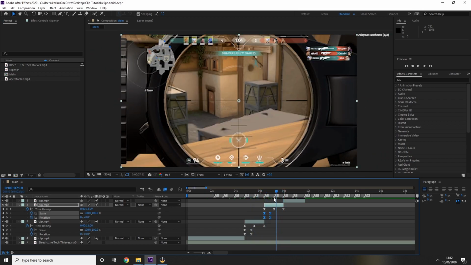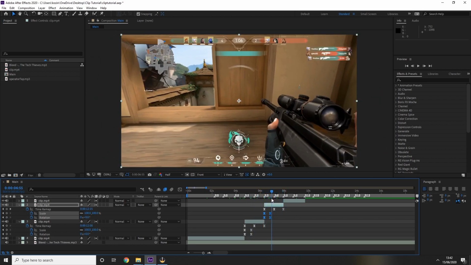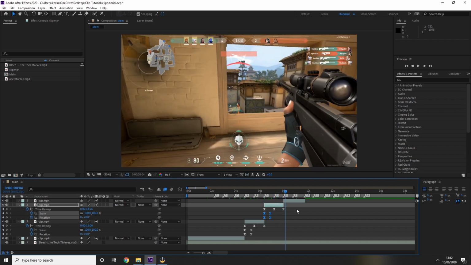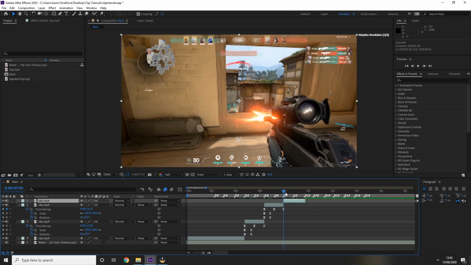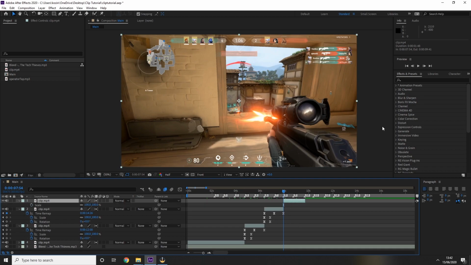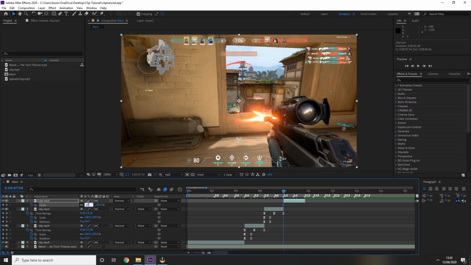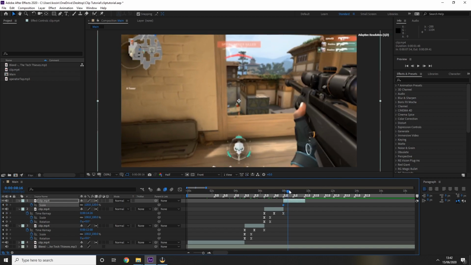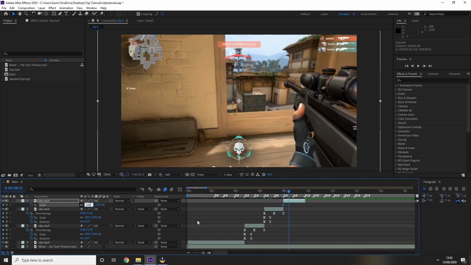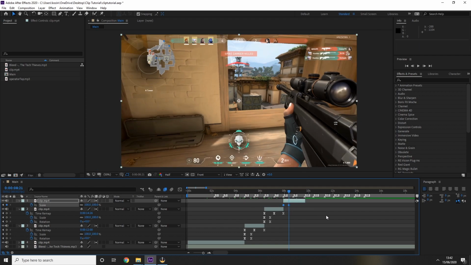There we go. So that's just two nice little screen pumps for those two kills. And all I'm going to do is do the same again on the final clip, which is here. So S on the keyboard, back one frame, keyframe the 100%, one frame forward, 120, about halfway between the two markers, back to 100, highlight them for easy ease, press F9,